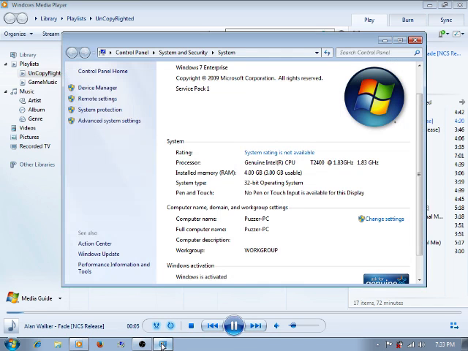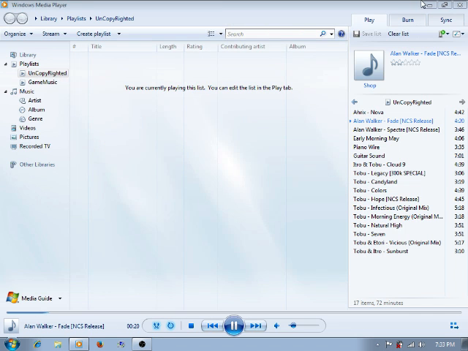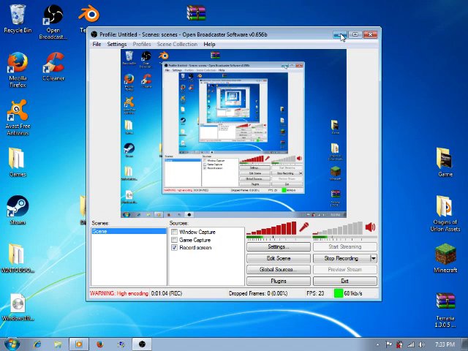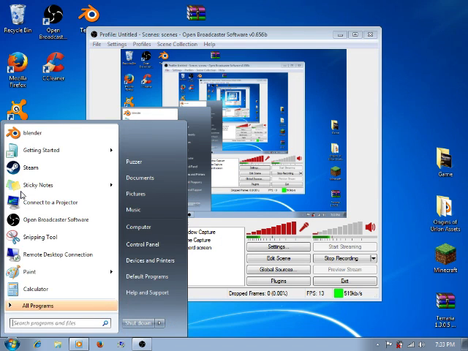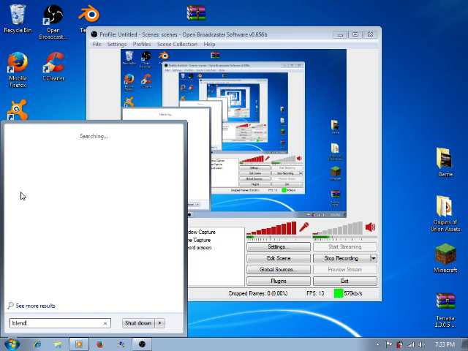I screwed up and showed my key for Windows, I don't really want to do that, but I'm running Windows 7 Enterprise Service Pack 1, 4 gigs of RAM. There's my processor, pretty sure that's really good. So I'm going to do a Blender tutorial, which I can find. That would be a good thing, right?